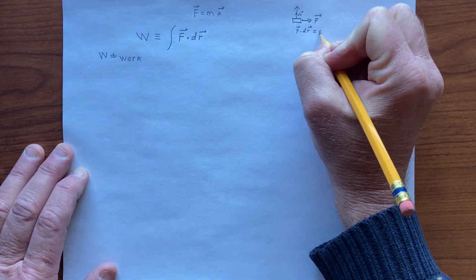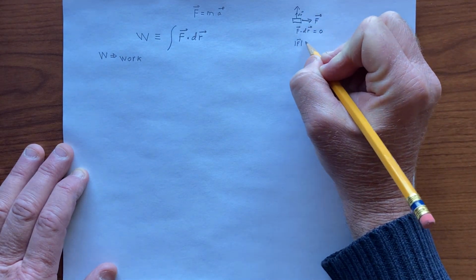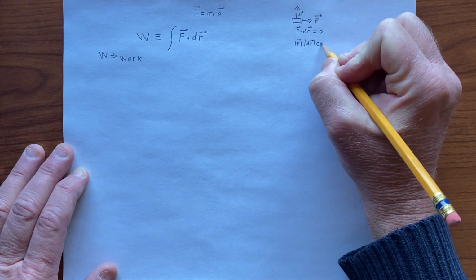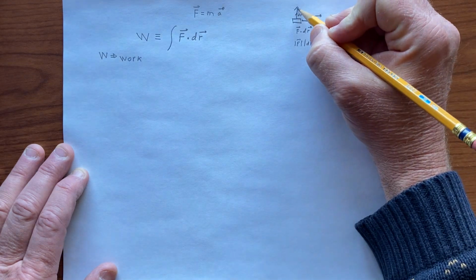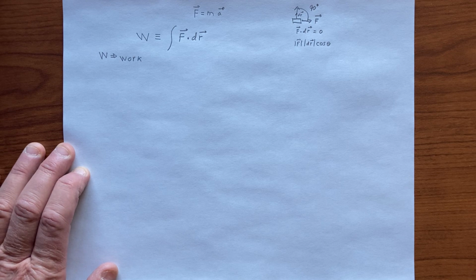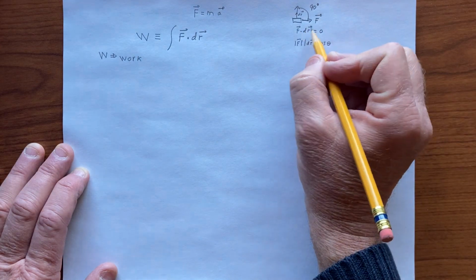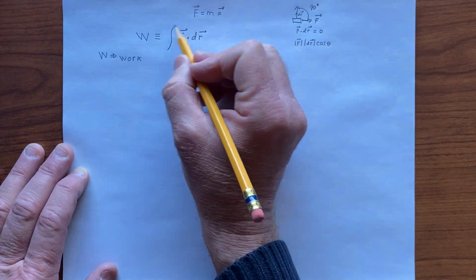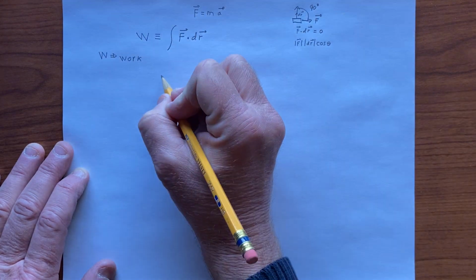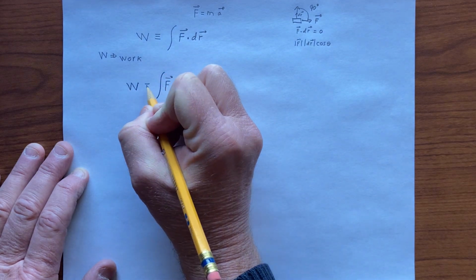That would be equal to 0 in this case, because the dot product, of course, is the magnitude of one vector, the magnitude of this infinitesimally small vector, times the cosine of the angle between the two, and the angle between the two here is 90 degrees. So the cosine of 90 in this case would give you 0. And so it's the dot product, and the dot product, of course, gives you a number. So this is ultimately just a number. Okay, so we have our definition of work, and so W is equal to